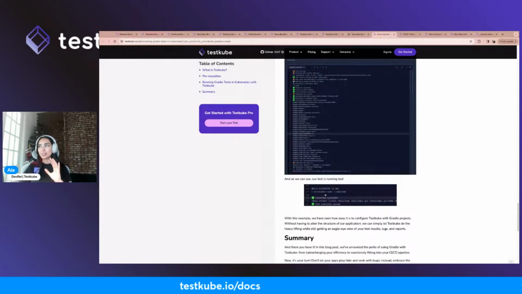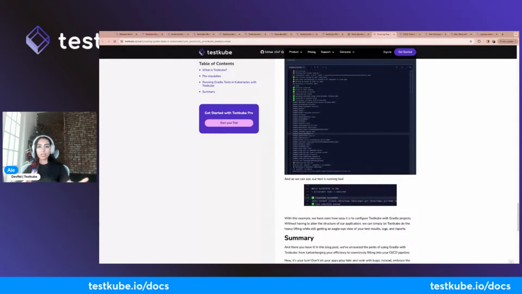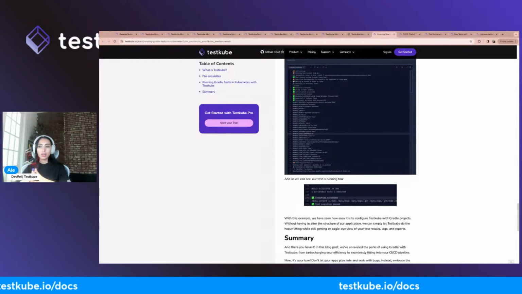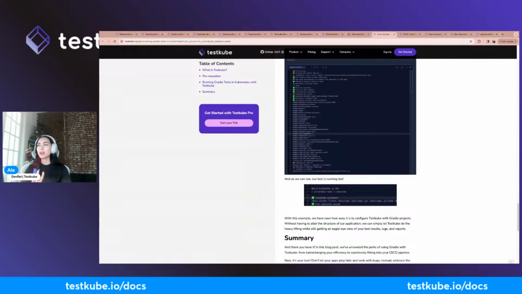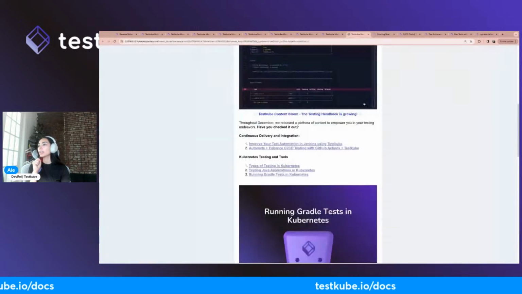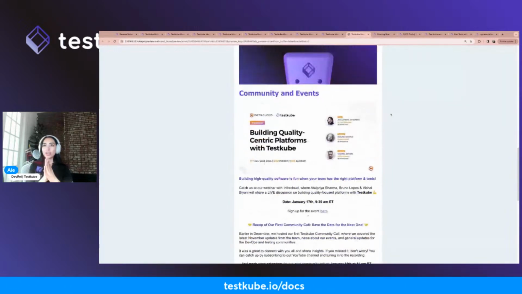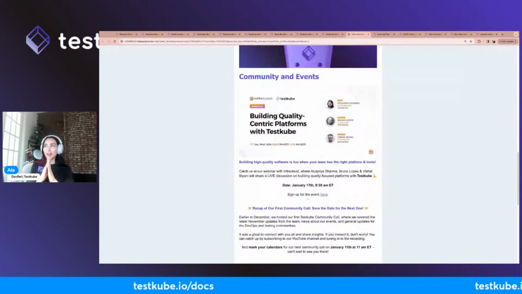Okay, so this is one of them. We're also trying to feed into other Java build tools like Maven. So stay on the lookout for that. That's coming. And then finally, for community and events, we are